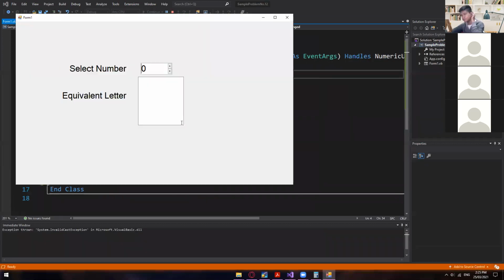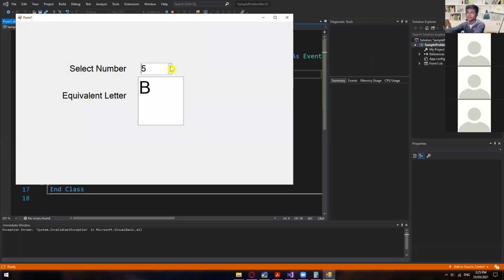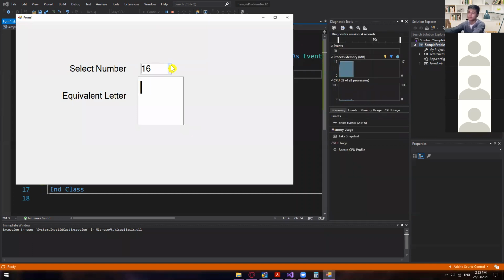So let's check. 1 to 15 is B, and 16 to, I don't know, up to 32, I guess. And then G, and then 60 to 72 is or